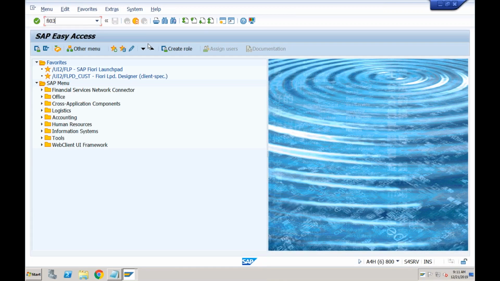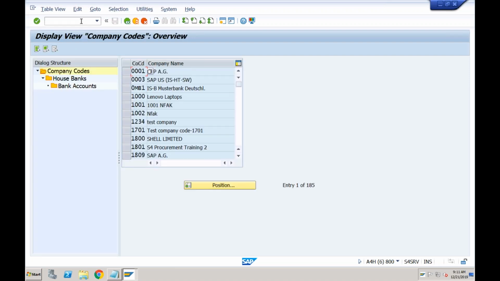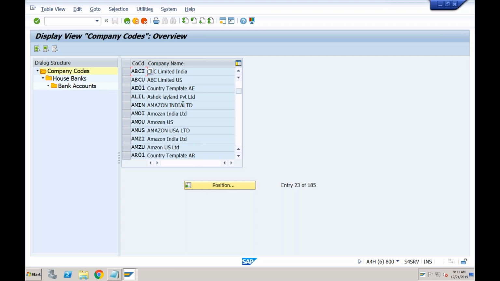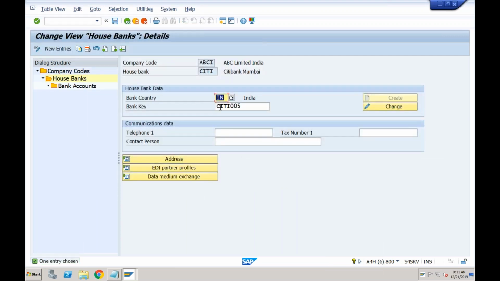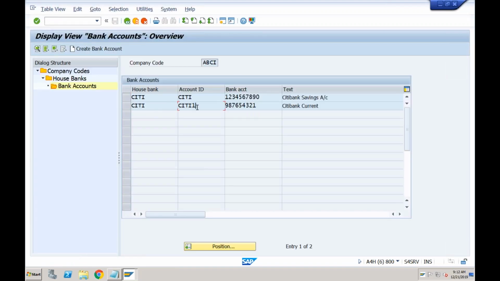So if I go to FI03, okay, and bank country IN, or maybe you can also use transaction FI12. In FI12 for our company code, which is ABCI, house banks, yeah, we created this bank key, city 005. Okay, and under this we created 2 bank accounts.